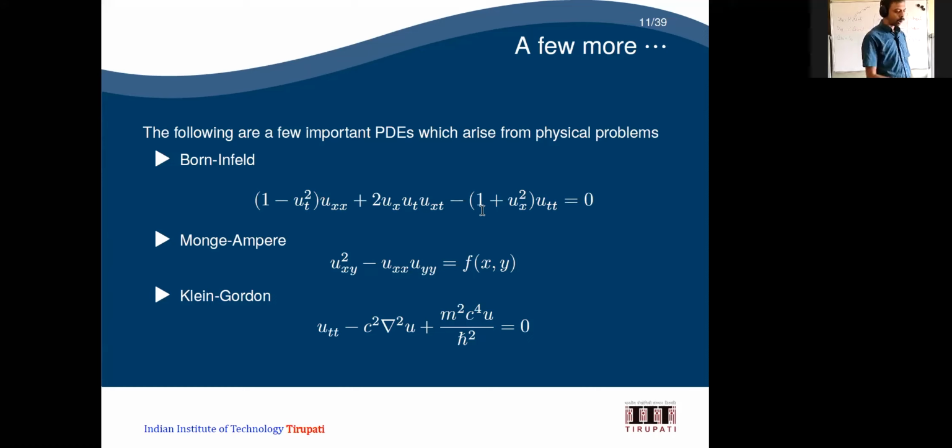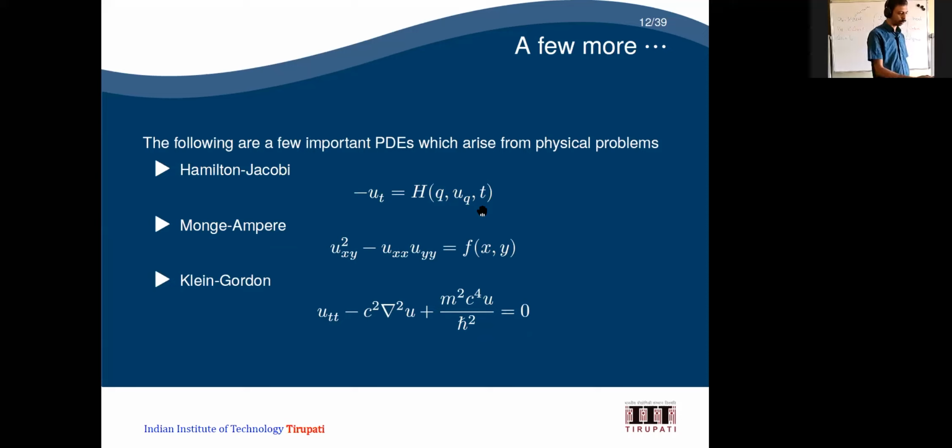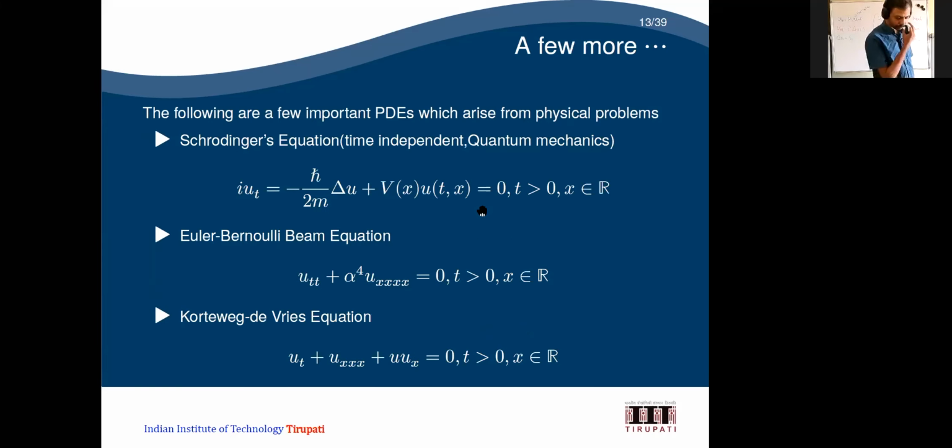And this Klein-Gordon problem, which is once again involved in physics problems, okay, with the Planck's constant, etc. This is once again the same thing. Hamilton-Jacobi equation, okay, Hamilton-Jacobi, which is occurring in some kinds of problems in physics. Then Schrodinger equation.